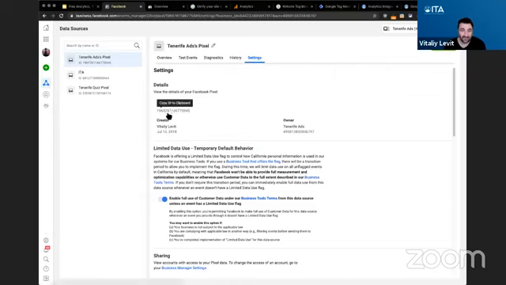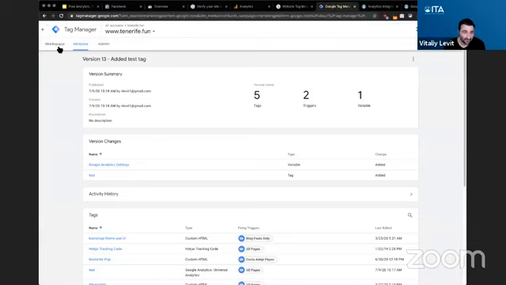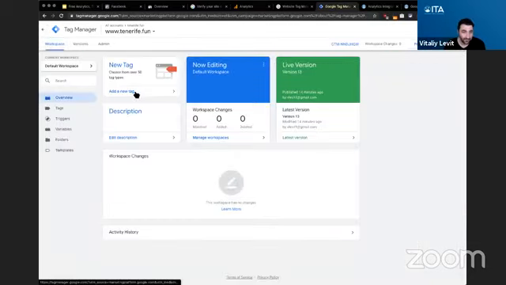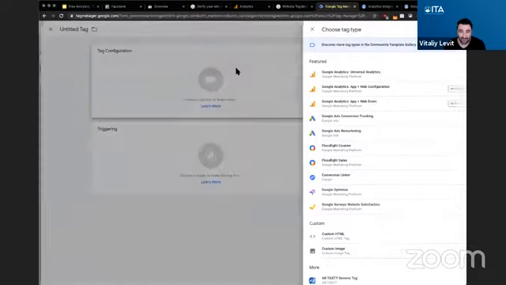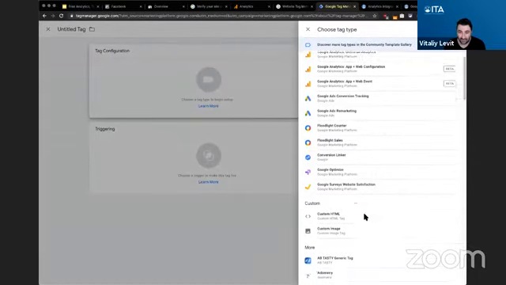Yeah, so it'll give you something like this. It'll give you a pixel ID. Now, for the purposes of this video, the only thing you need is to take this pixel ID and go to Tag Manager. You go to your workspace. You go to add a new tag. In the tag configuration, you click on